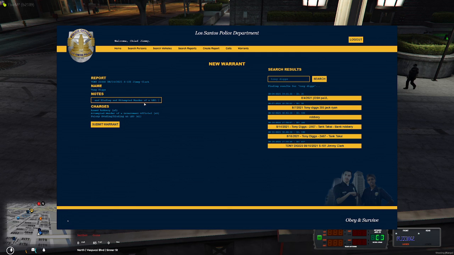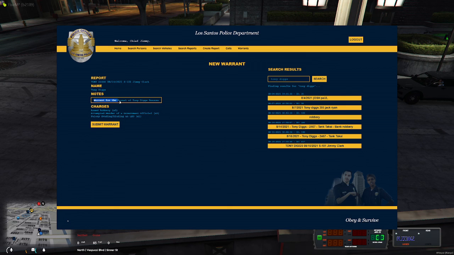Then, also in your notes, you're going to put detailed in report. Okay, pretty simple. Now we have his name, the date on which it was written up, the officer that wrote it up, so we can question the officer that wrote it about the situation if needed. Right, your notes state the offender's name, what the warrant is for,